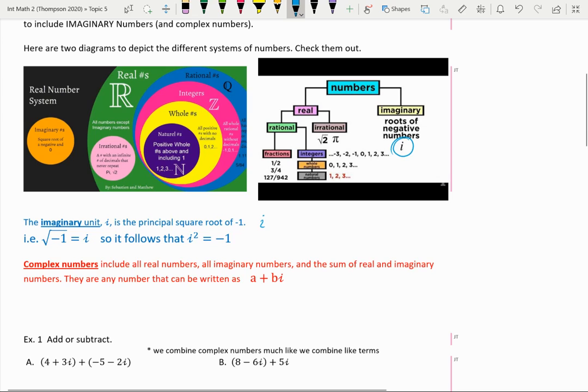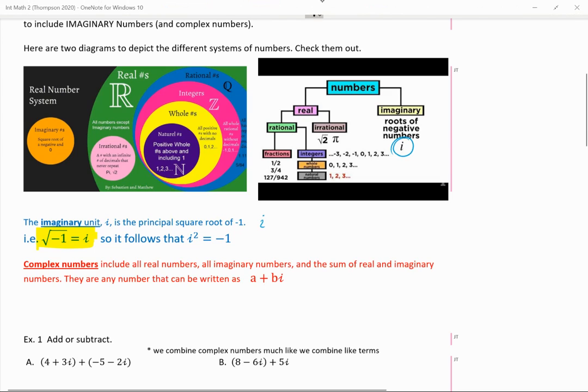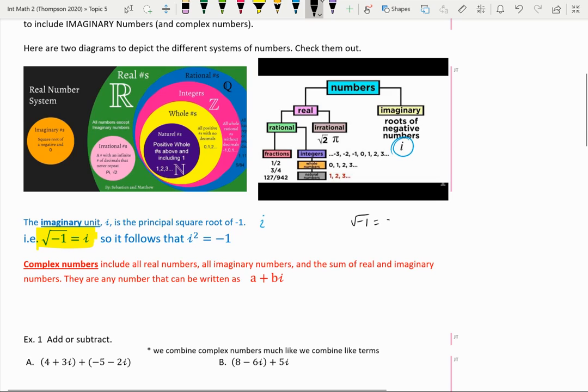So that is actually a number. This i is equal to the square root of -1. So these are two facts that you're going to need to memorize because you're going to use them over and over again. All right. So i is equal to the square root of -1. This is what allows me to take the square root of negative numbers. If that is true,